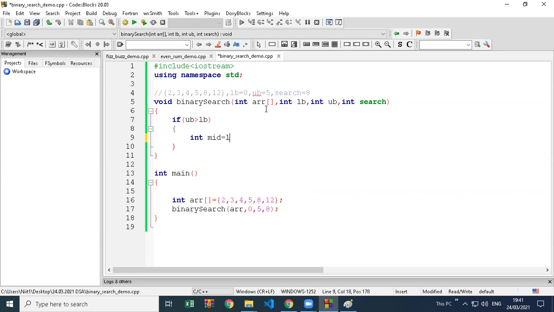So how can we calculate it? Lower bound plus upper bound, divide by 2.